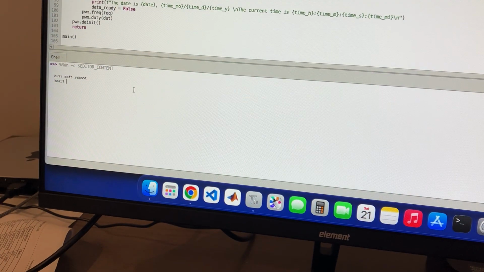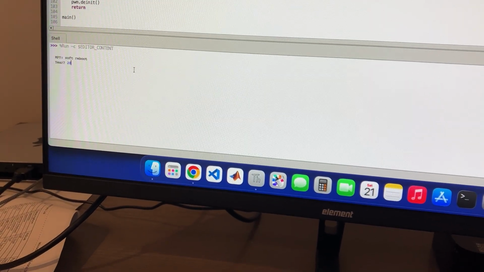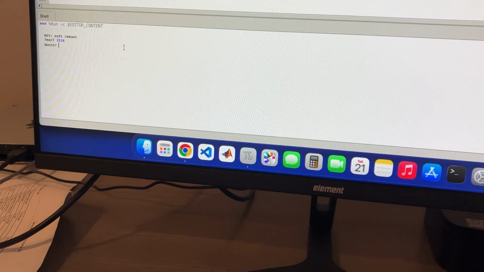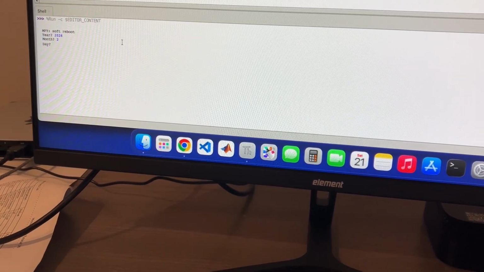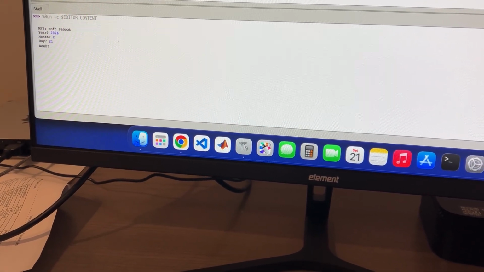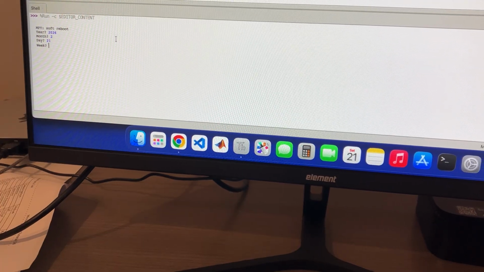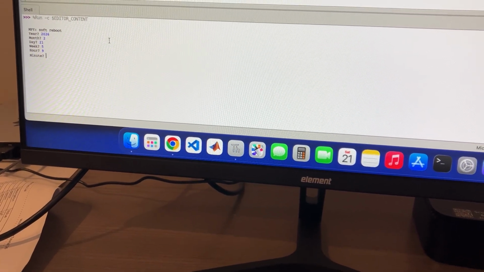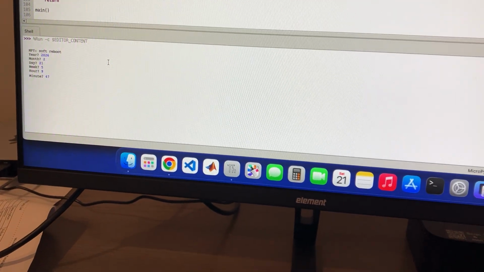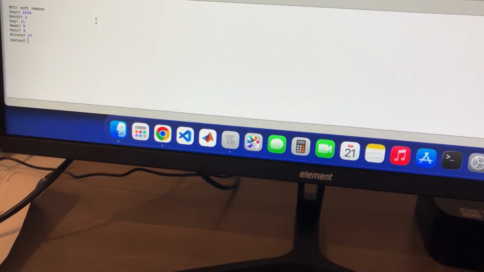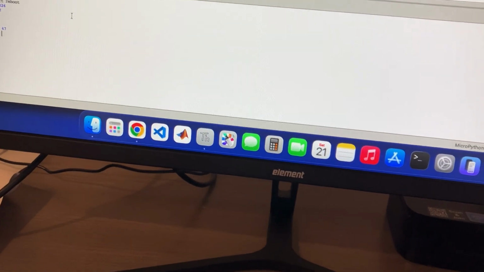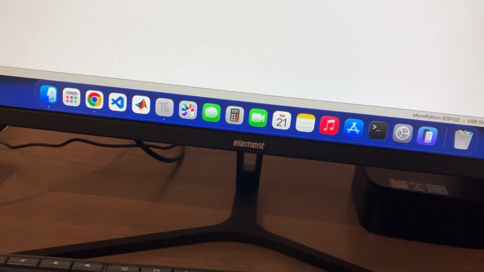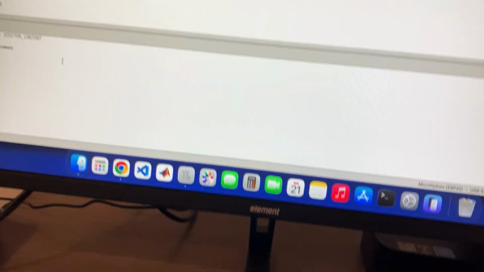We will input the time. So the year is 2026, the month is February, the day is the 21st, the weekday is Saturday, that is a 5. It is currently 9:47. Let's check on the seconds. It would be around 40 seconds here,